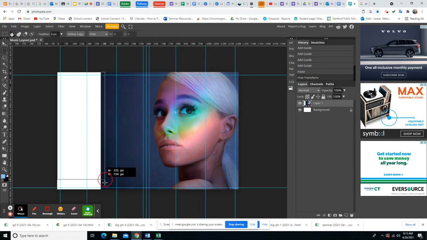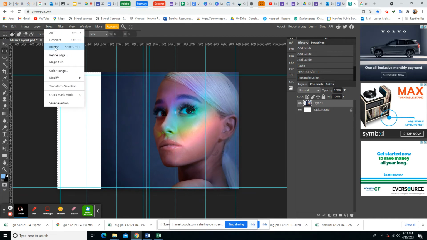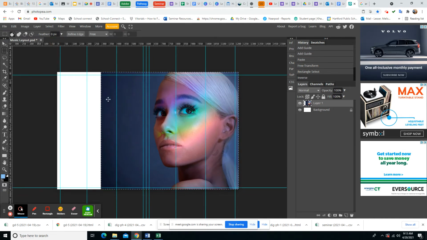And I'm going to show you, and some of you have seen this before, but not everybody. So I'll walk through this. I'm going to select the inverse and choose over here, and I'm going to use what's called a clone tool. So I'm going to take this area right here, and I'm going to bring it over here, right? So I'm going to use my clone tool. I'm going to click over here, it says clone tool,